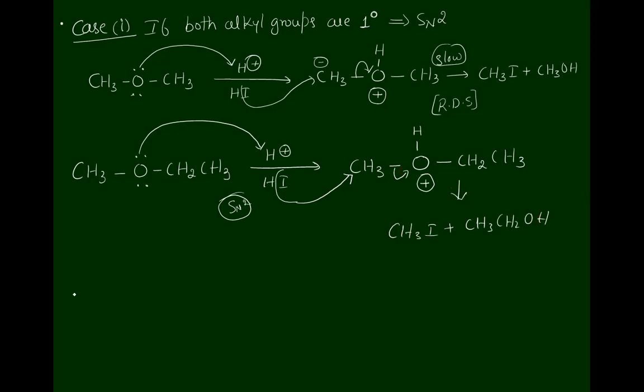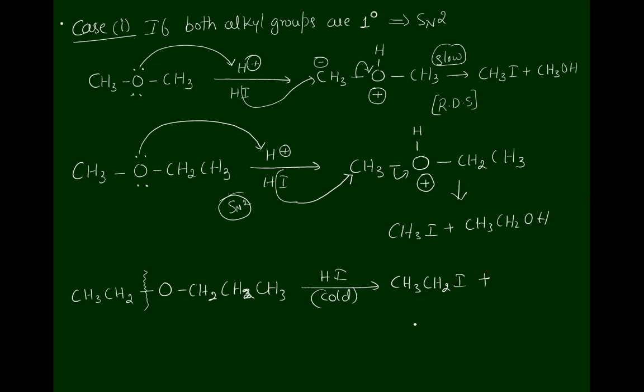If I give one more molecule, CH3CH2OCH2CH2CH3, what happens when it is treated with hydrogen iodide? Pause the video and complete the answer. Got it? So which side does iodine always attack? It always attacks the side of the carbon chain which contains fewer carbon atoms. We get CH3CH2I plus CH3CH2CH2OH. N-propanol and iodoethane are obtained. Please note it down.